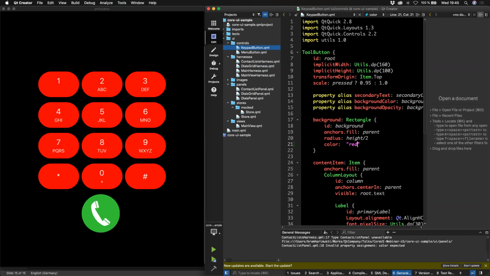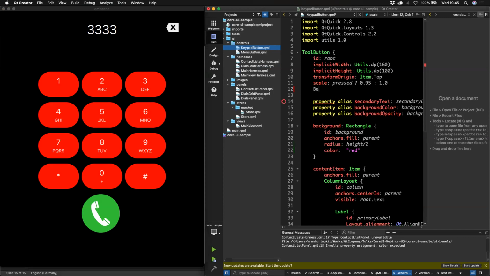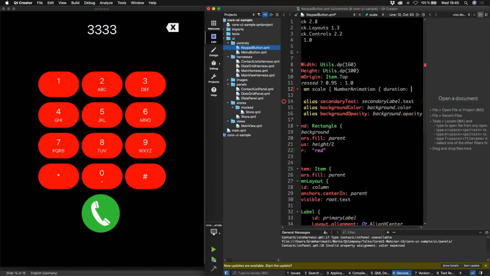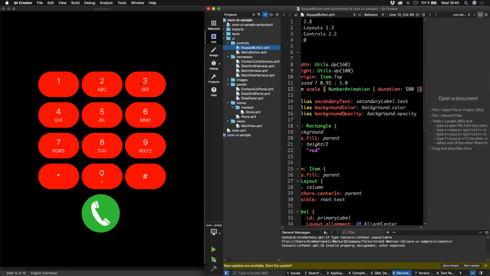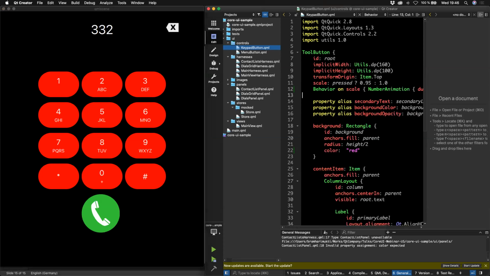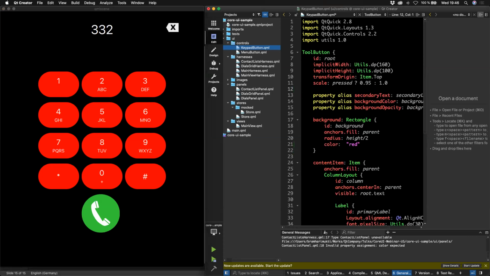And then imagine that you also need to work on some animation adjustments. For example, this button should be animated. Then I can just directly write it here. Behavior on scale. Let's take a number animation. It should be, I don't know, maybe 500, because we would like to see how it actually behaves. I just save it and I can already see that the animations directly apply there. You see that it's really fast. It's straightforward. Your designer sees the result right away,